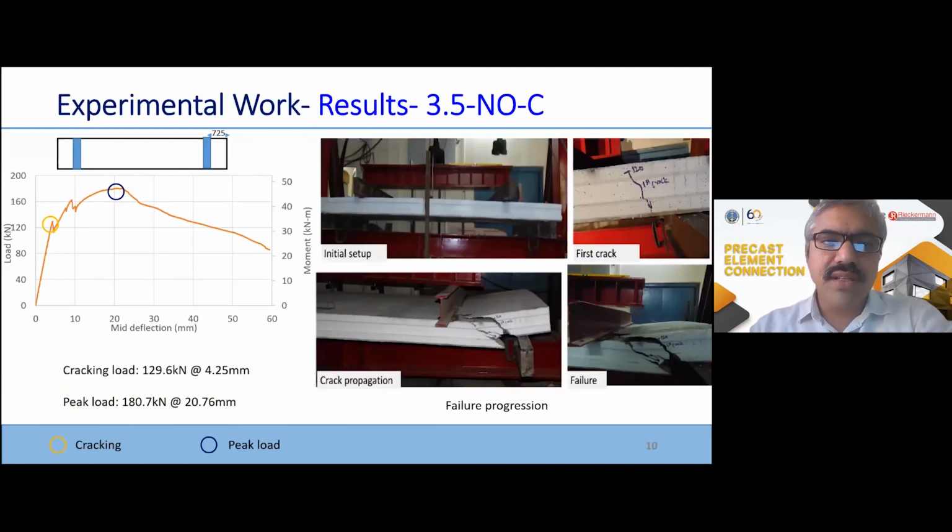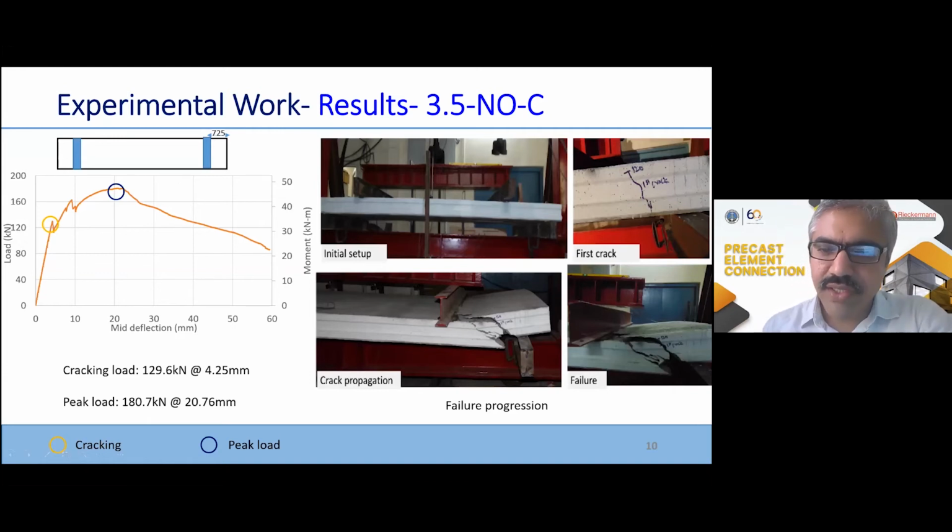So coming to the results, the first specimen is a shear dominated 3.5 A/D ratio control specimen. It had cracked at 129 kilonewton, around 130, and the peak load was 181 kilonewton at 20.7 mm deflection here. And here we can see the shear dominated ultimate failure at the right side bottom,